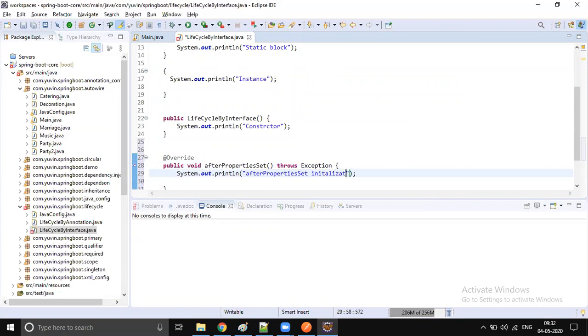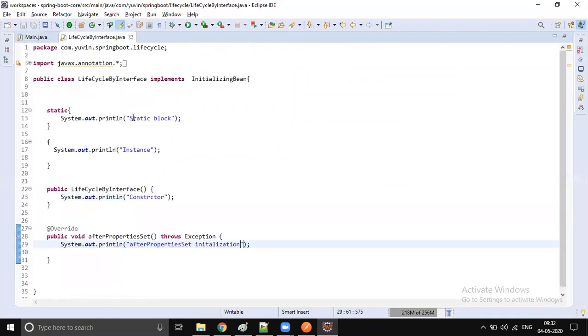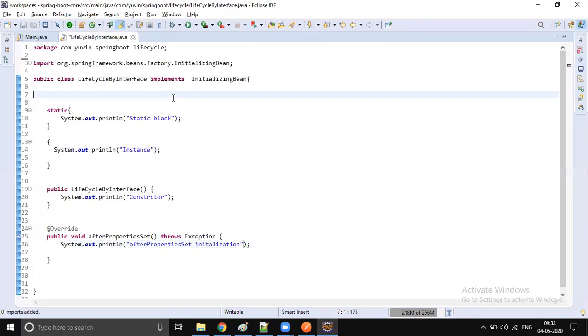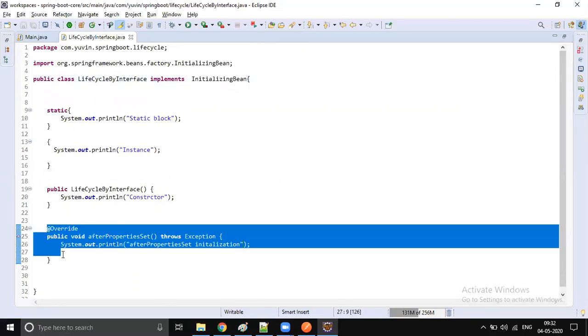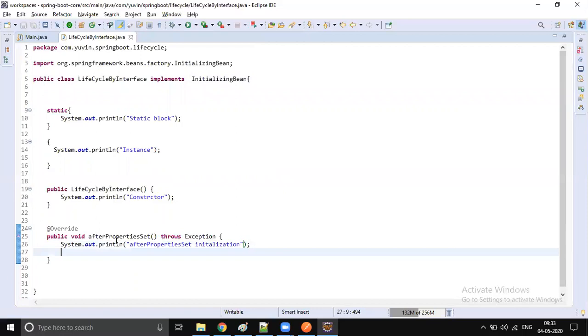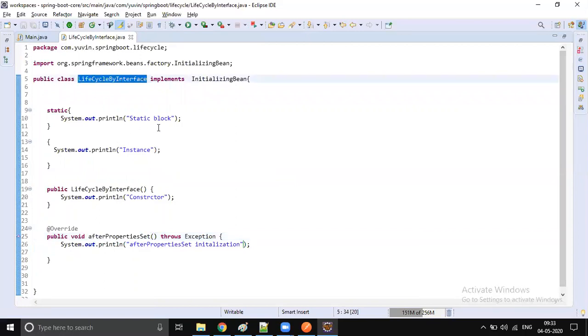So this is some initialization method. When I say bean, what does that mean? An object of that class is going to be instantiated and maintained by Spring. So any class which implements InitializingBean will provide implementation for afterPropertiesSet, and now there is a guarantee this method will always get executed after creating this bean.